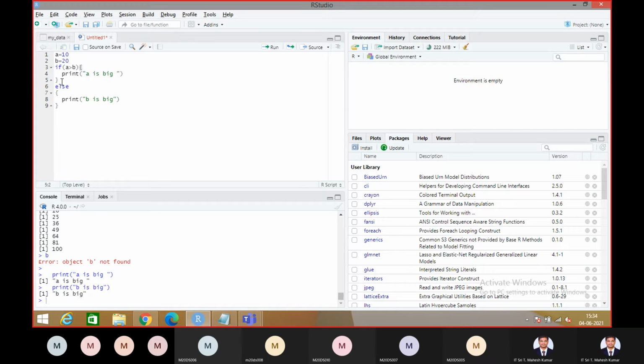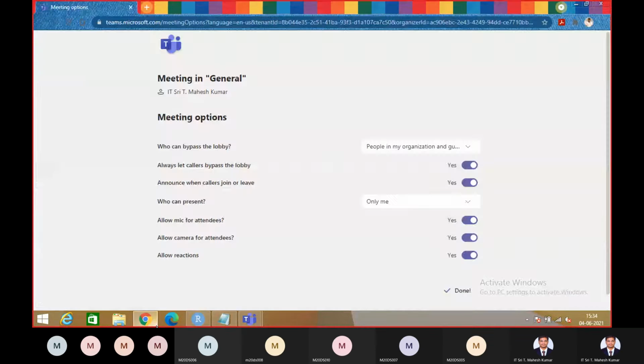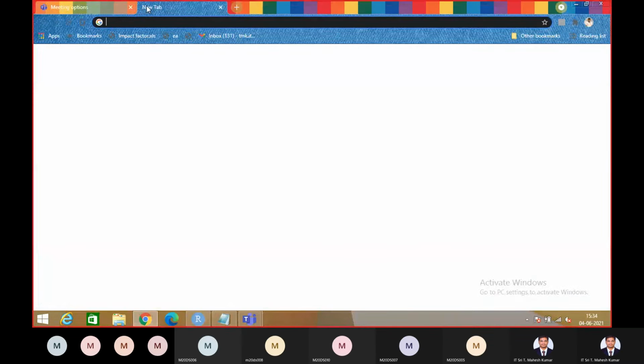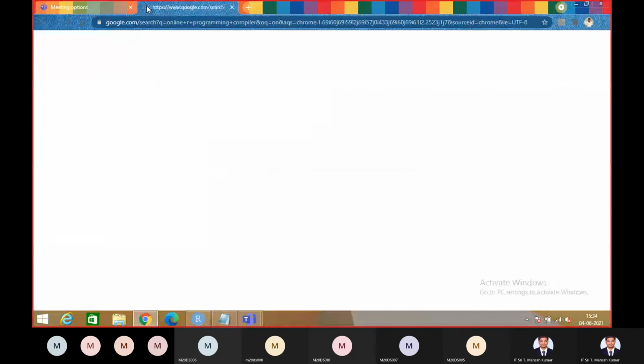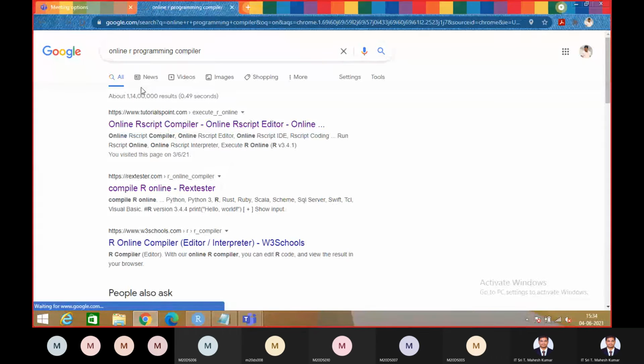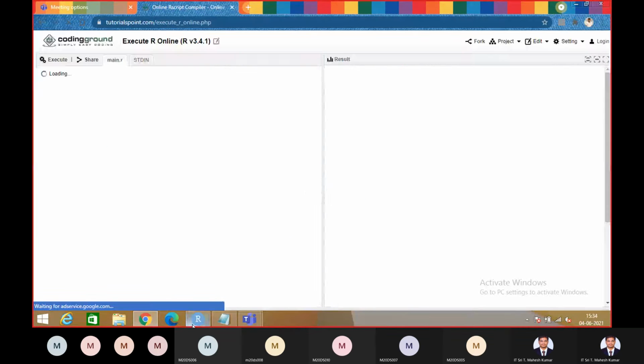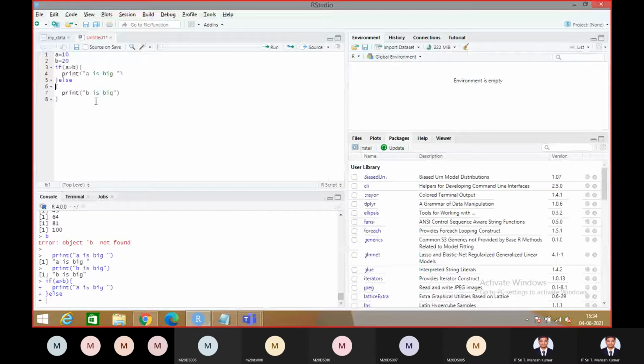In some compilers, it is the same as in C programming. It's an error. When you are using some online compilers, you are going to get an error here. Just make sure.